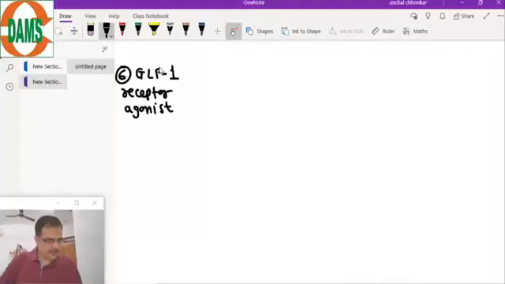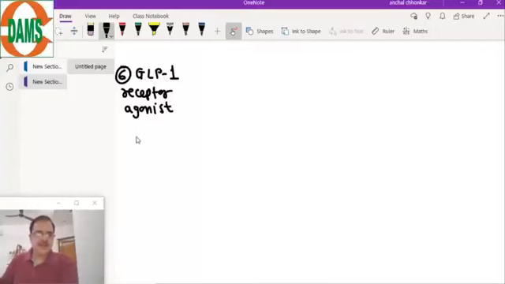Which of these drugs can be used in renal failure? In renal failure, the safest drug which can be used is insulin. Safest. Other drugs, dose has to be reduced if there is a renal failure. And we will come to DPP-4 inhibitors. One DPP-4 inhibitor can be given safely across all GFR range. So that we will see later on.